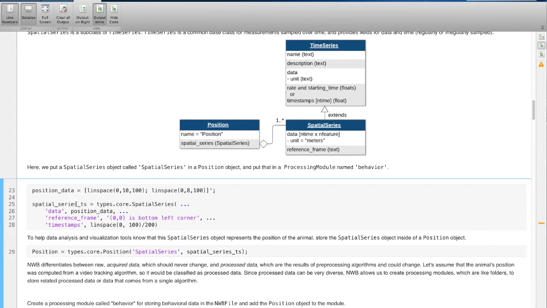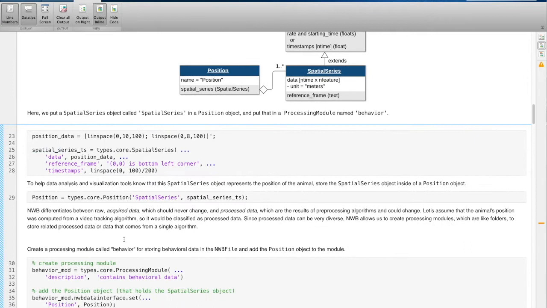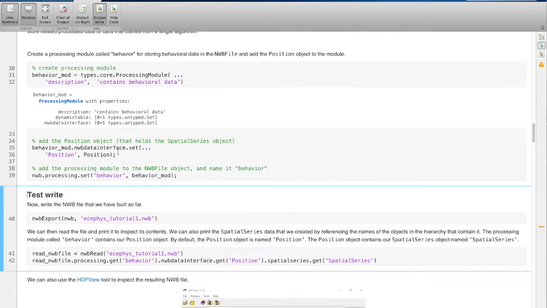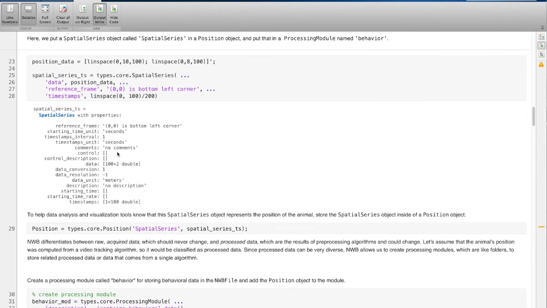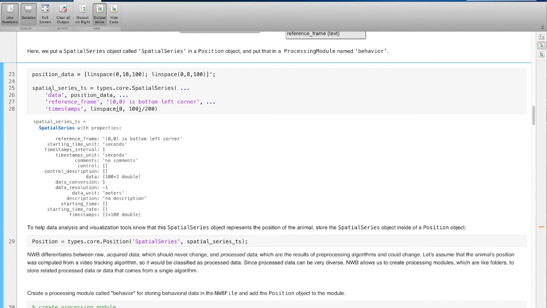Now that we have this spatial series time series object, we're going to add it to a position object using this code. We're going to create the position object using this constructor, and then we're going to say that the spatial series object within this position object is going to be this object that we just created. Now NWB, and I'll run this code before I move forward. Okay. So again, you can see a nice printout of spatial series here, which shows that we've populated most of